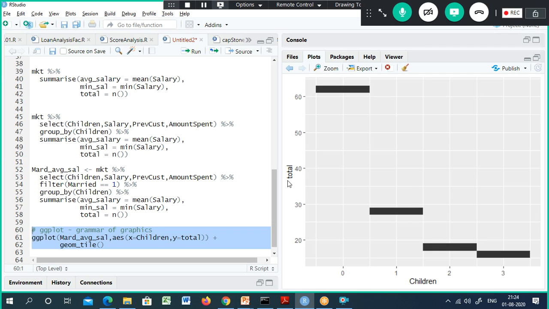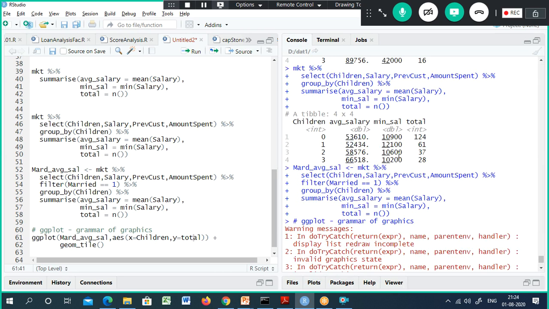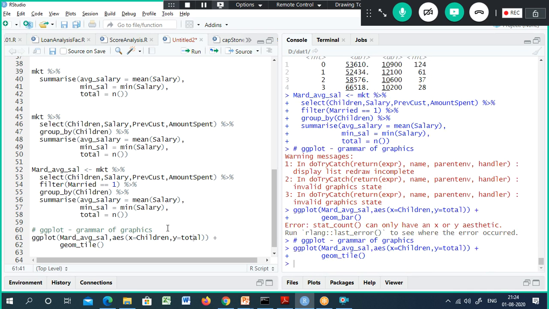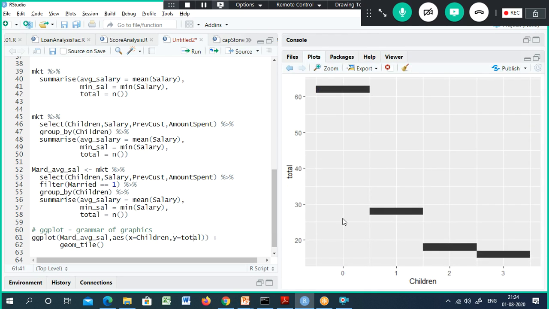By looking at this, in the y-axis we plotted total, and the x-axis children. When I see the average salary, oh my god, what happened here? The total, those have zero. It shows something different, right? Or did I not concentrate? Those have average salary, right? Minimum salary, maximum salary, average salary, right? Here I mentioned the total number of records, the number of customers.